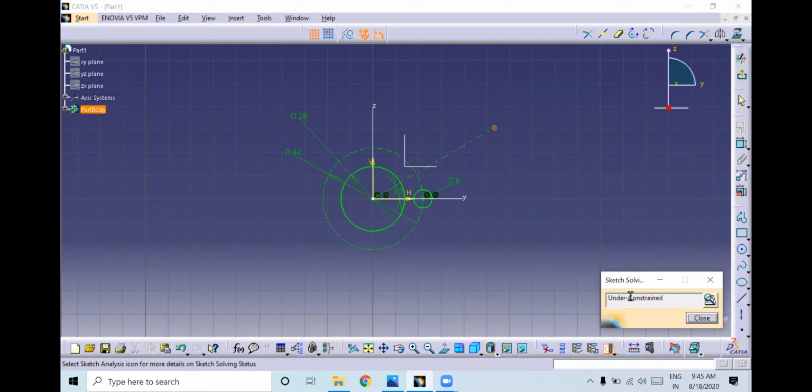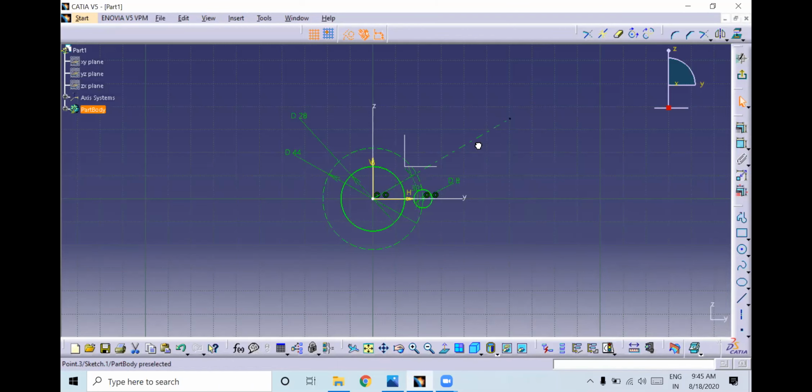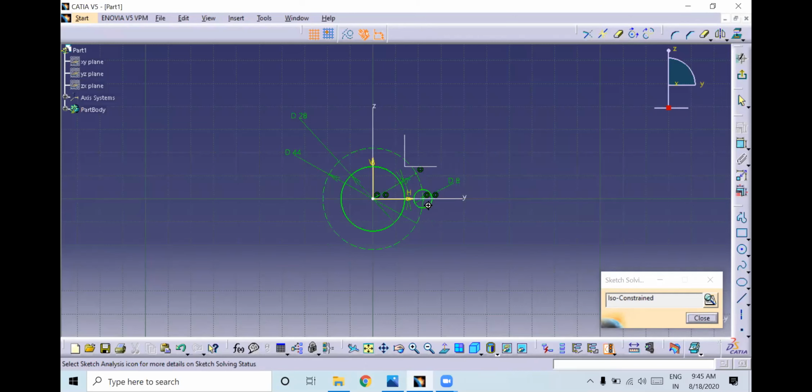Under constraint, you are getting orange color highlighting, right? That means it is an open profile. So you just select this and trim it. Now you observe, it has been constrained.